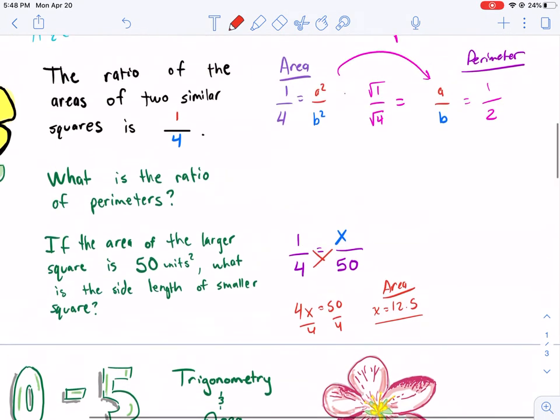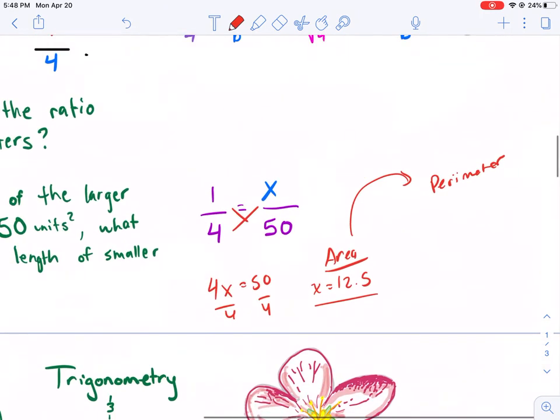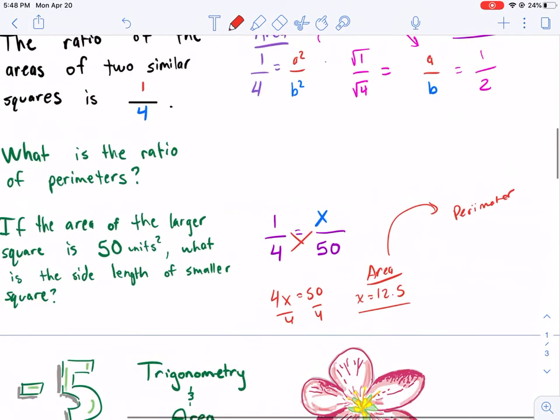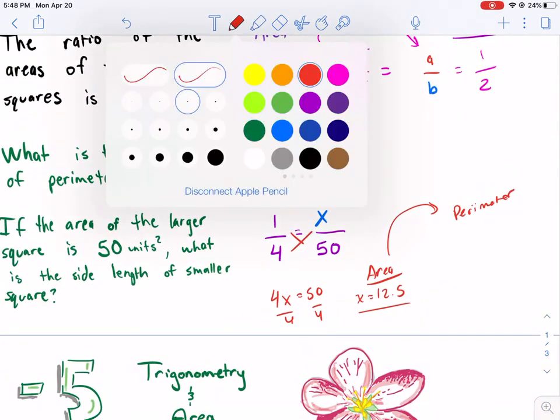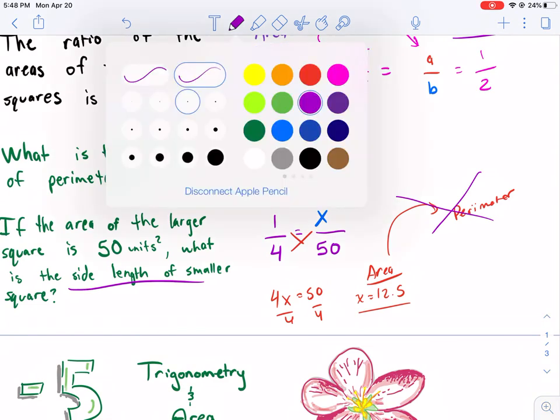Now, how do we find the side length of the smaller square? Well, we know the perimeter ratio is going to be the square root of that, at least in terms of its ratio. We know that the area is 12.5, and we know the ratio is 1-to-4, but in this case, we don't exactly need the ratio of the perimeter because we want to know the length of a side. Okay, so in this case, this is kind of a tricky problem,